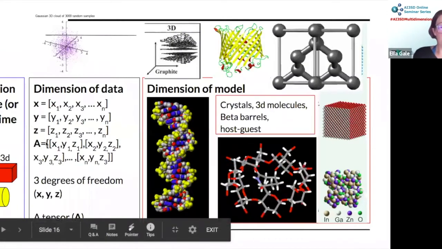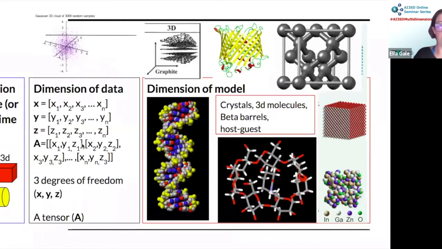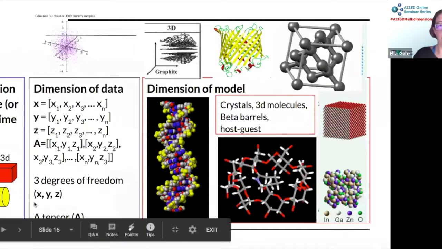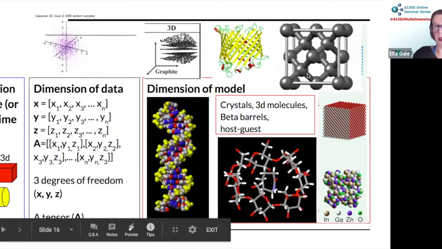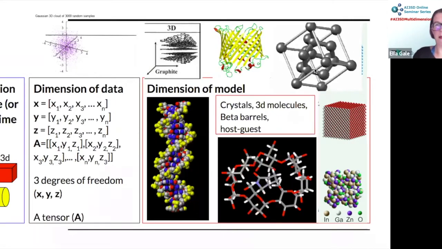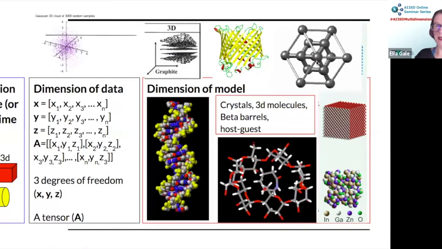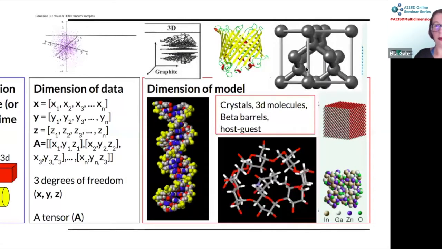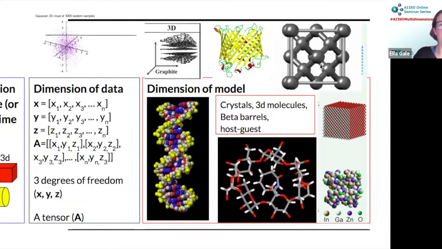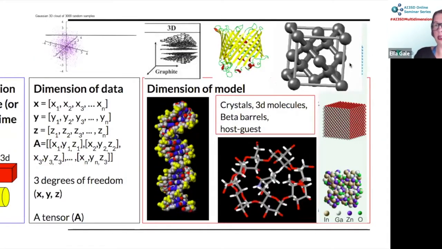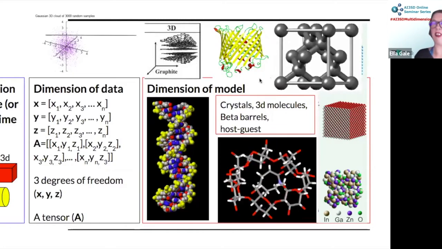This is 3D objects. You get 3 dimensions of data, so you have an x, y, z coordinate at every point. So that's 3 degrees of freedom. And this gives you what's called a tensor. And I've got some nice, you know, it's not a computational chemistry talk if you don't have a spinning molecule. So I have some spinning molecules where you can see the 3-dimensional structure is very important. And it's also quite interesting to point out how I'm showing these here, because these are 2-dimensional pictures of 3-dimensional objects, and I'm using the 3rd dimension of time to give you an idea of the shape.